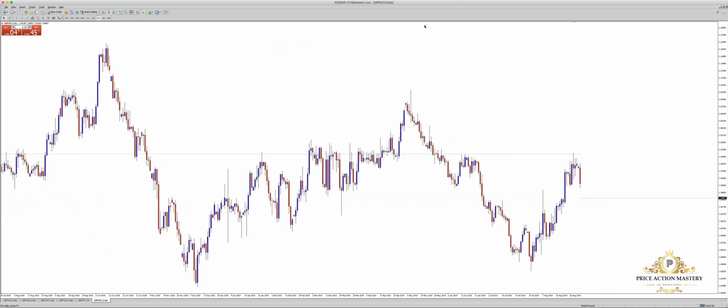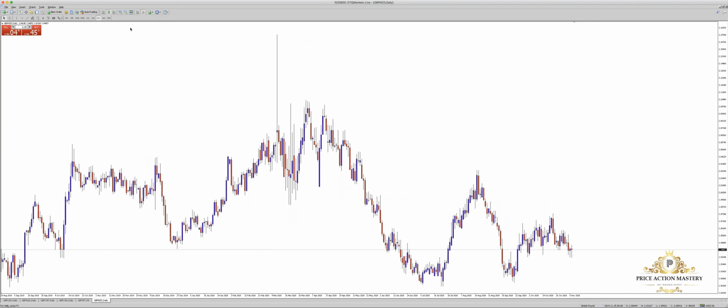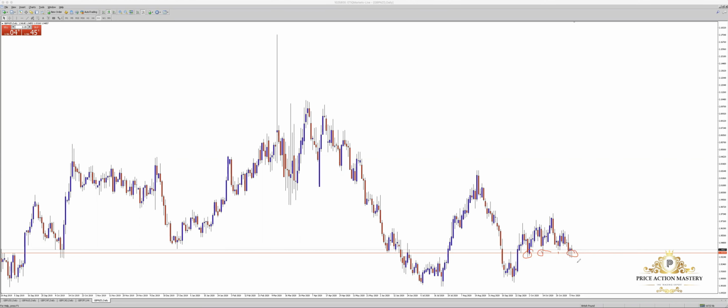Next will be GBP New Zealand. Range market, very good range market. As you can see, this is a range support. A lot of buyers are coming in, buyers here, buyers here. Can you see two or three times the market tried to break below, but could not? The buyers just brought the market higher, which means there are strong buyers. So I'm seeing that the market is going to see some upside exposure for this GBP.